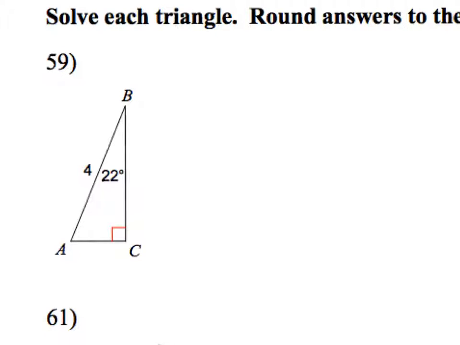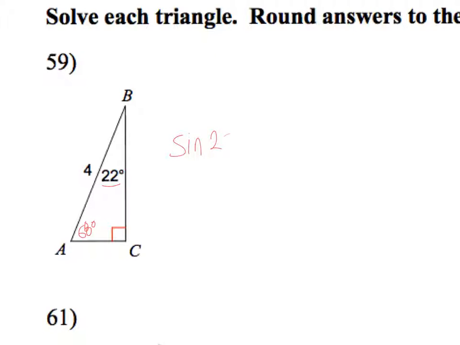Here we've got some right triangle trig. Solving the triangle means I need to find all sides and all angles. First thing I'll do, 180 minus 90 is 90. Minus 22 more is going to be 68 degrees. Then I've got to find my other pieces. So I might do something like